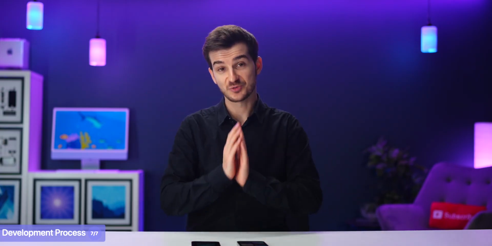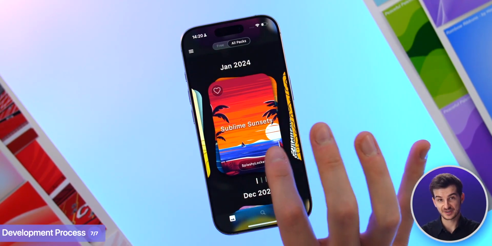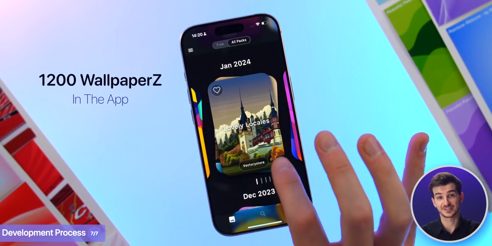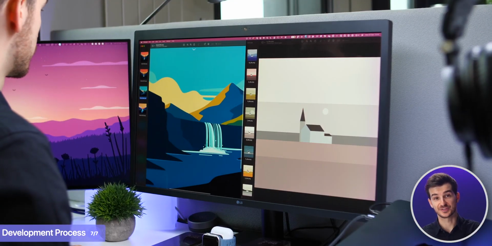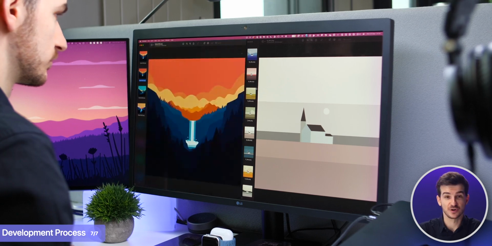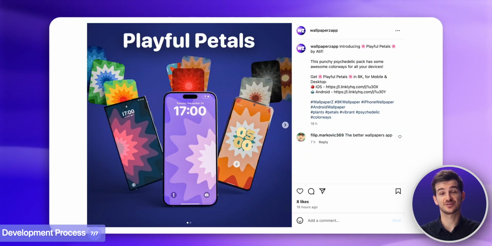And honestly, there's so much work and effort that goes into Wallpapers. For every single one of our 1,200 wallpapers in the app, I've reached out to all of our designers and I've manually reviewed and approved every single one of those wallpapers and managed the whole process. So it's a lot. Owen from my team has done every single social that you see on our pages,